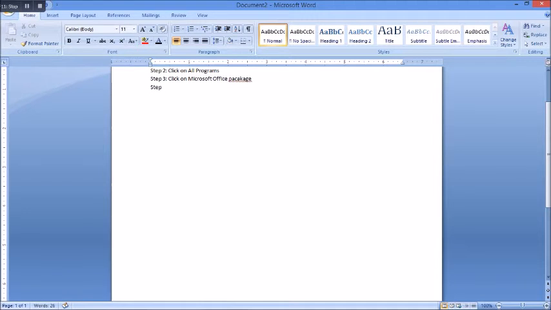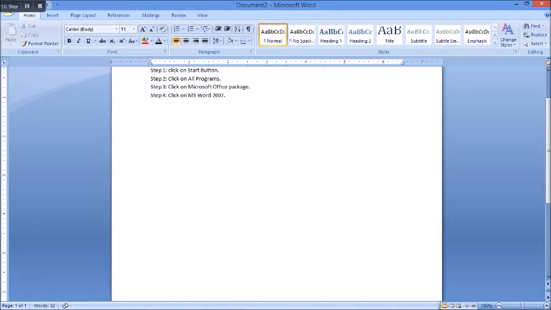Step 4, click on MS Word 2007. A new window will be created by following this.